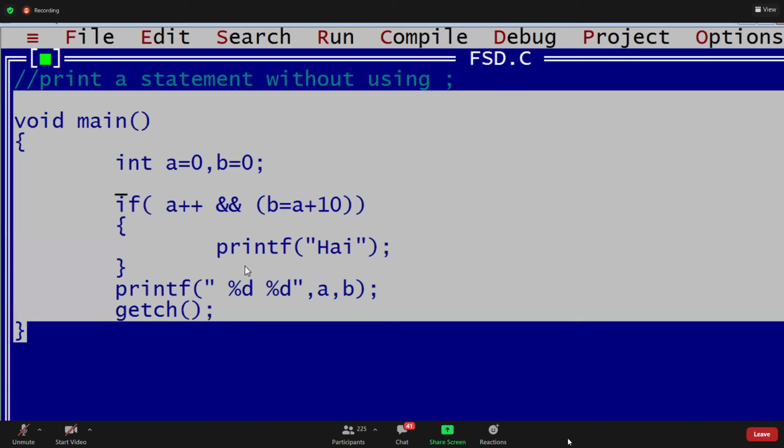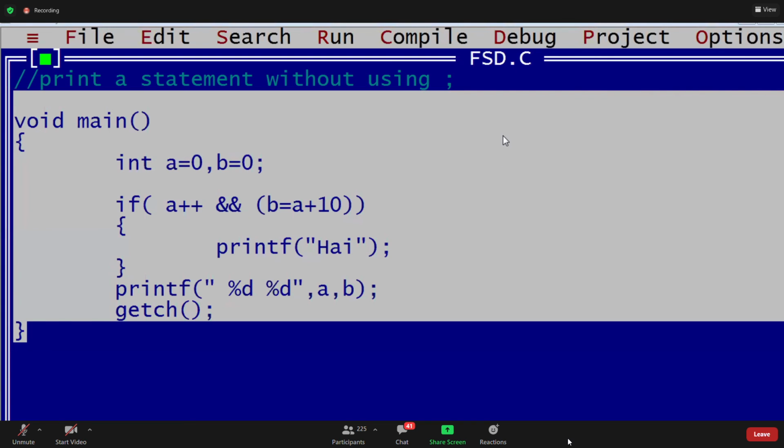What is the AND operator's specialty? It doesn't evaluate the second expression if the first expression is false. First is false, so it exits. Very good, Sanjay. Yes, Nitin.